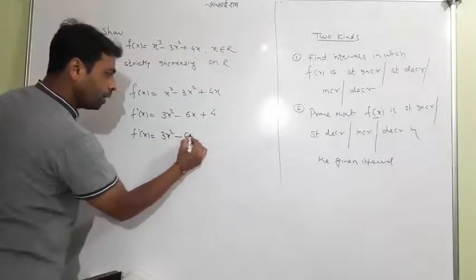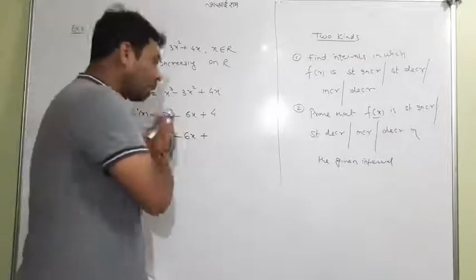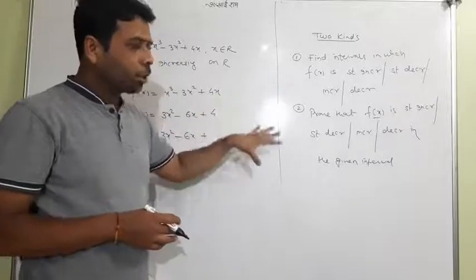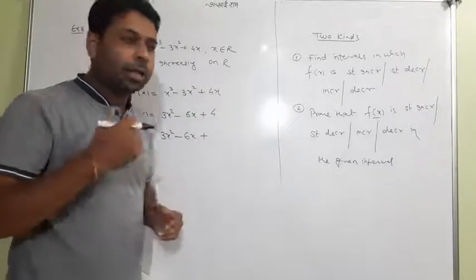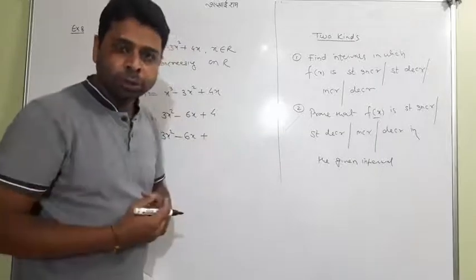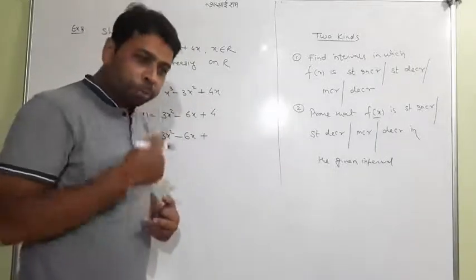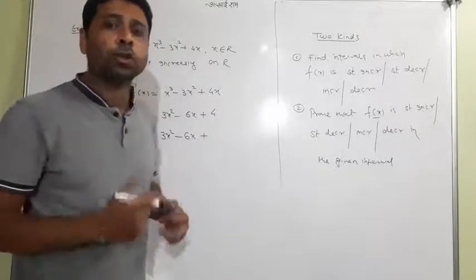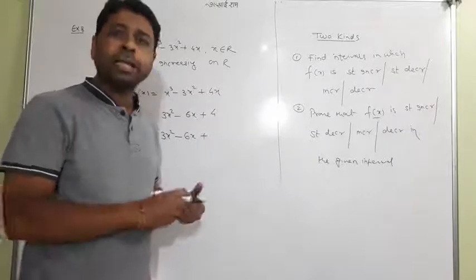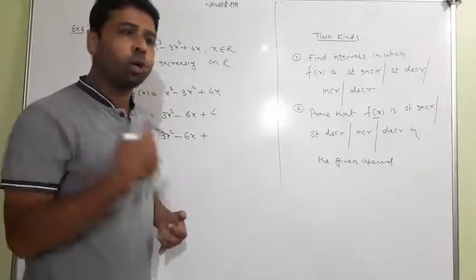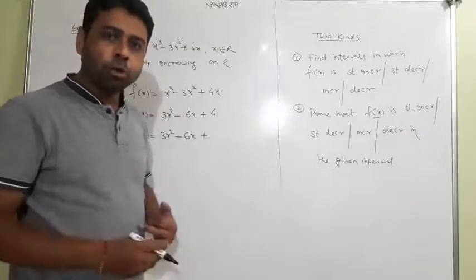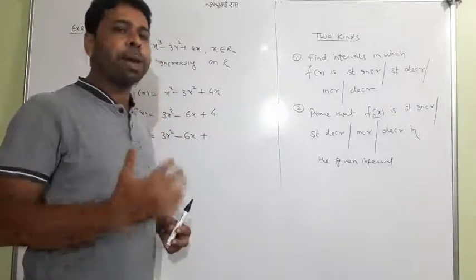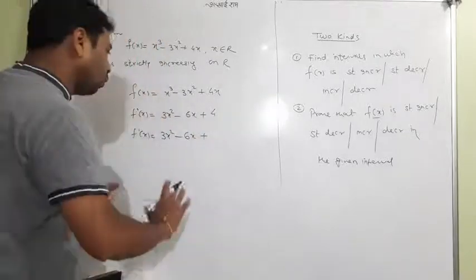3x square, 6x. Before starting that particular step, I want to say that this kind of question is definitely not similar in all questions. We have to think, and the method may differ for each question. This actually depends question by question. We can't think that if we have done one question we can do all the questions. No, it is not possible. You have to do all the questions one by one, because each question carries a different method to show this. So okay, I don't want to waste time here.